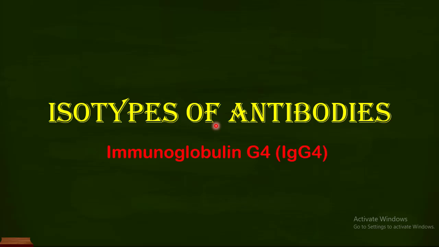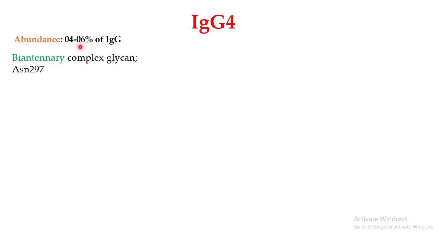as the immunoglobulin G4. If you talk about the immunoglobulin G4, they are the least abundant of the subclasses of the immunoglobulin G, and they only make about 4 to 6% of the total population of the immunoglobulin G in the body. If you talk about their glycosylation pattern, just like the other subclasses of the immunoglobulin G,